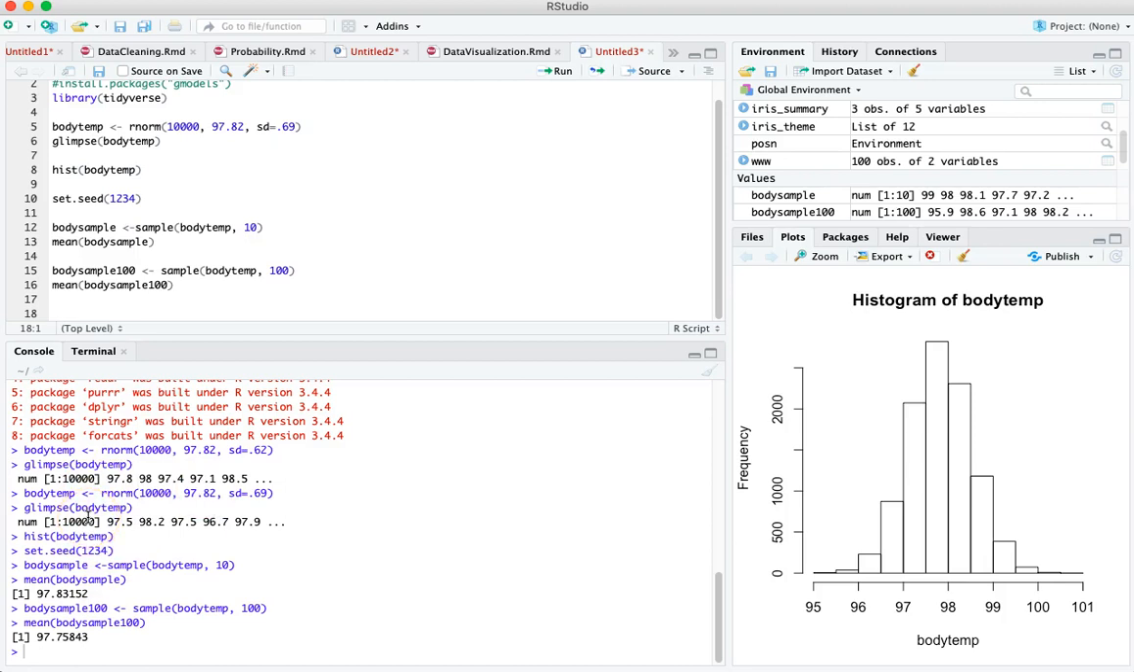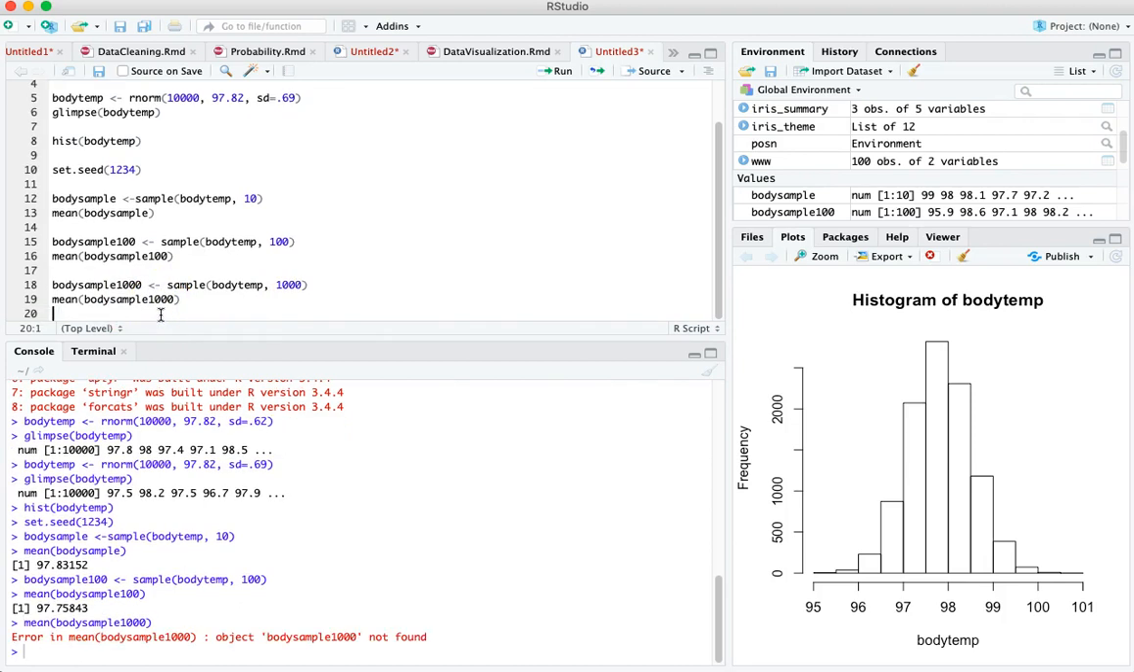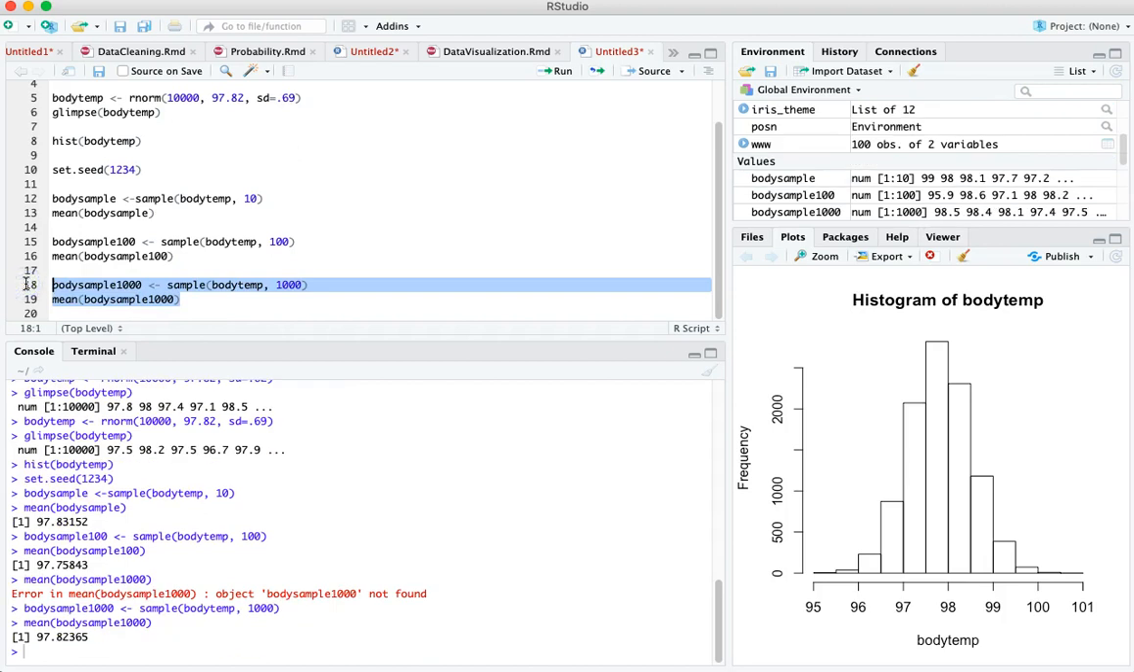Okay, we're gonna do it again with 1,000. Okay, now I'm getting lazy, so I'm just going to copy this block of code and add some zeros to it. Body sample 1,000, we're gonna pick 1,000 people, and we'll call the mean on body sample 1,000. Okay, we'll run this block, and we get 97.823. So the more people, the bigger the sample that we use, the more likely it'll be that we get something that is closer to the actual population mean. And this should intuitively make sense. I mean, you pick a greater proportion of the population, you're going to get a mean that's closer to the